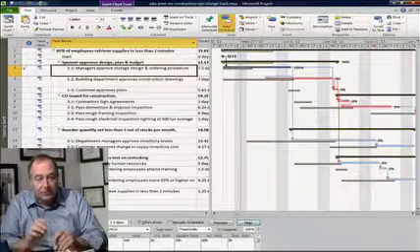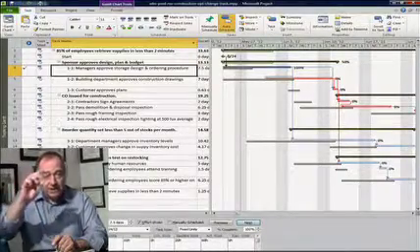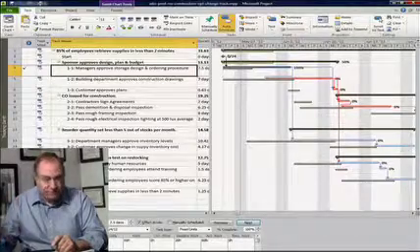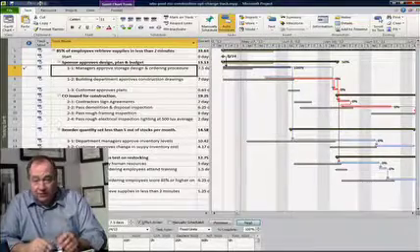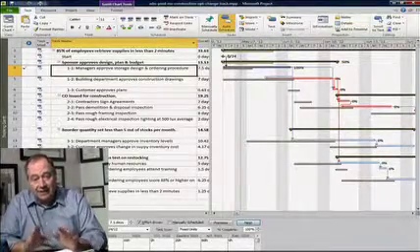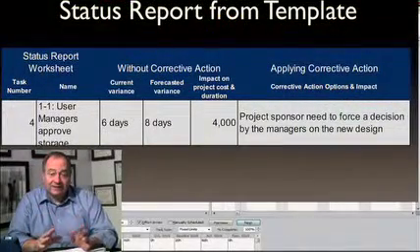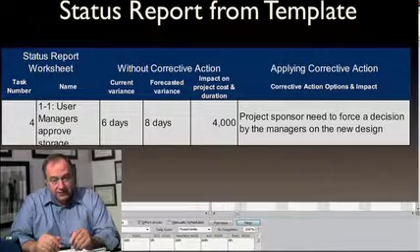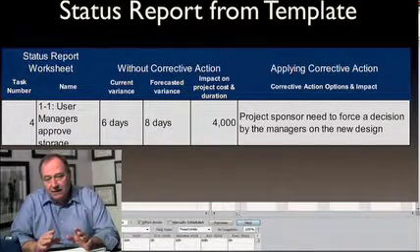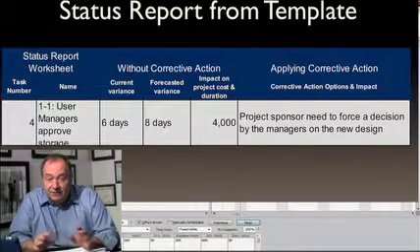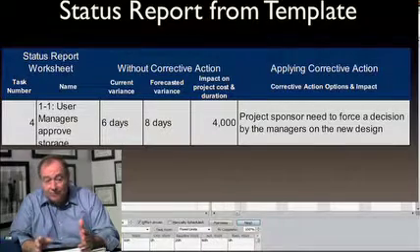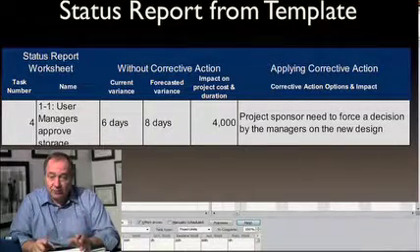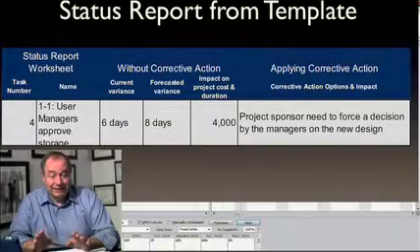What's most powerful is that notice how that one variance has rippled through the entire project. This makes this dynamic schedule very, very valuable because you put a little bit of data in and you see the consequence for your whole project. You'd record all of that status information, and if you had multiple tasks, you would record all of that data on the status tab of your template, and then use that to craft your status report and develop your corrective action plan. You learn how to do all this in the software movie that's coming, and then you can apply it to your assignment.